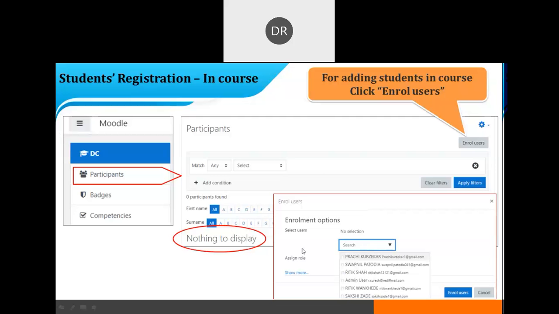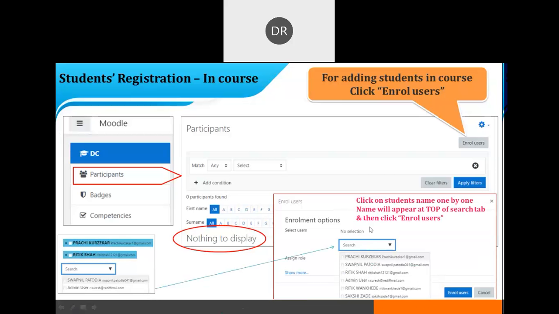Now one by one, you have to select these students. If you select the first student, after selecting, this student's name will appear at the top. Like this. See on the left side, I have selected 2 students, and they appear at the top of the search option.